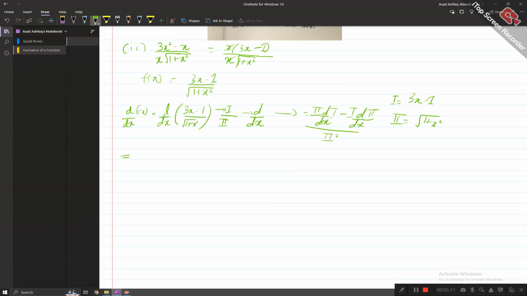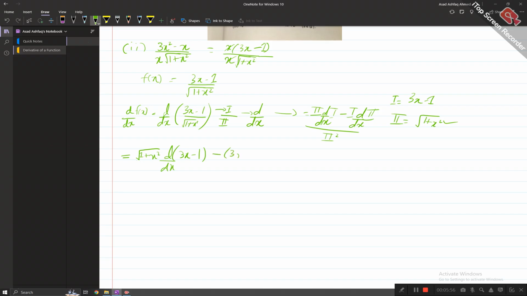We apply the formula of the derivative: second term, square root of 1 plus x square, into derivative of first term, that will be 3x minus 1,